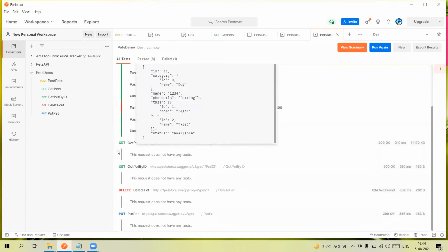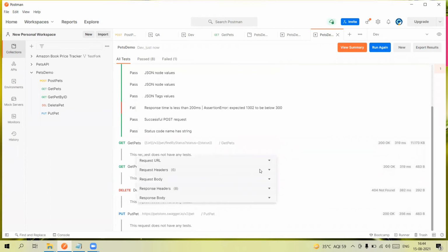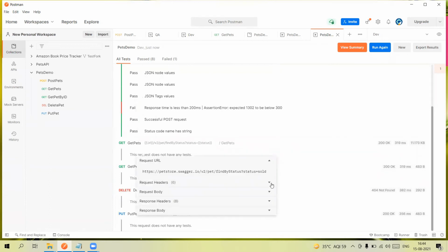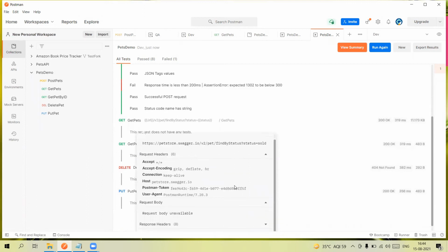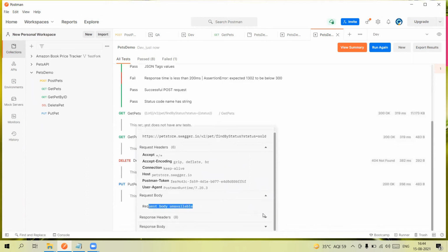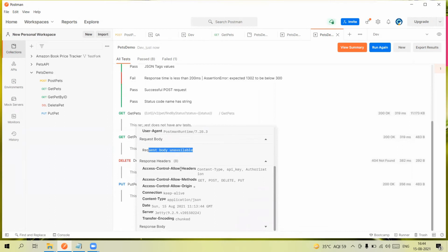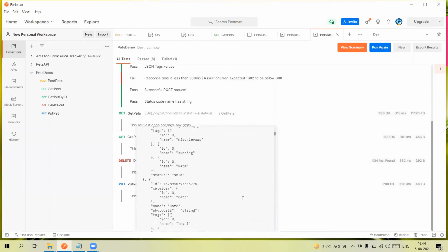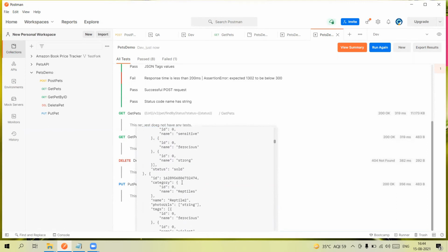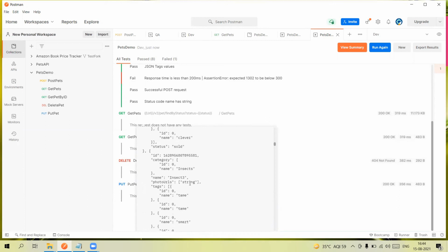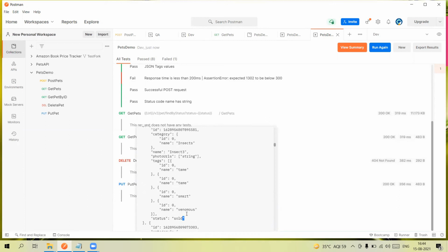Next is Get pets: request URL, request header, no request body available, response header, and last the response body. Here you can see the whole response, like in the pets, the status we are getting is sold.